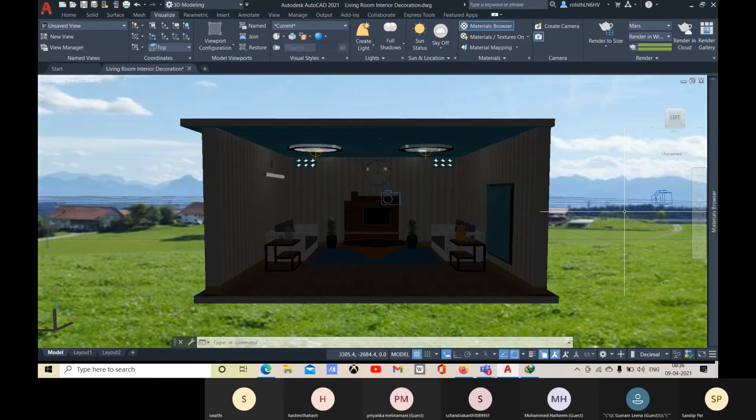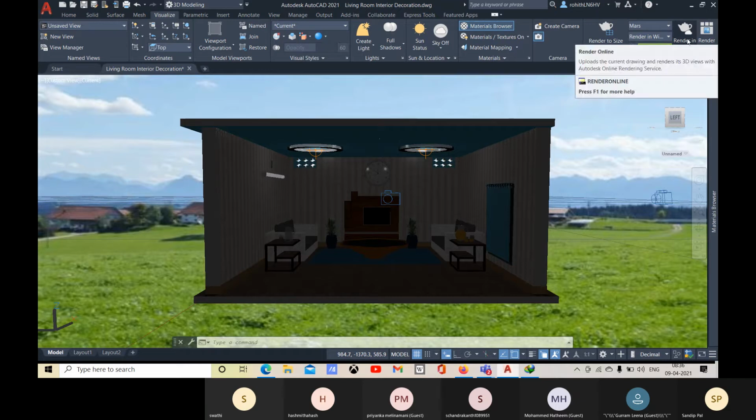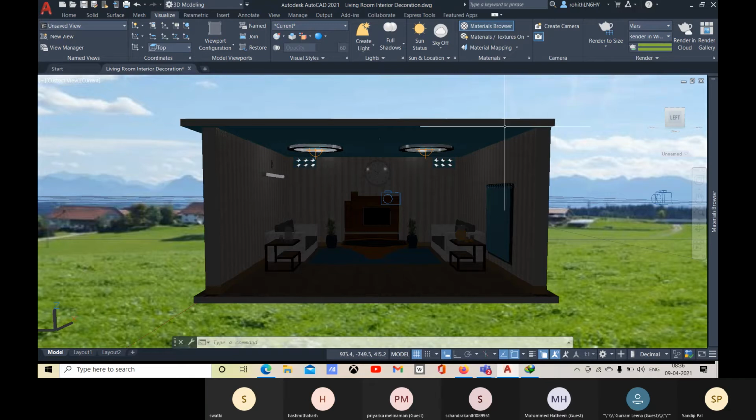You have one option, that is render in cloud. For that you need your original Autodesk account logged in. Through that you can render in cloud, and on behalf of you, Autodesk will render your project in a supercomputer, and you will get an email notification when your rendering is done.